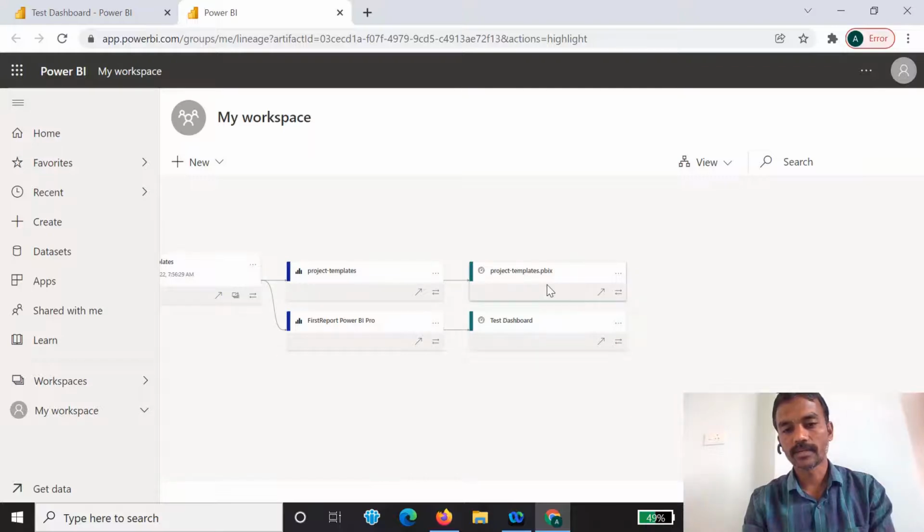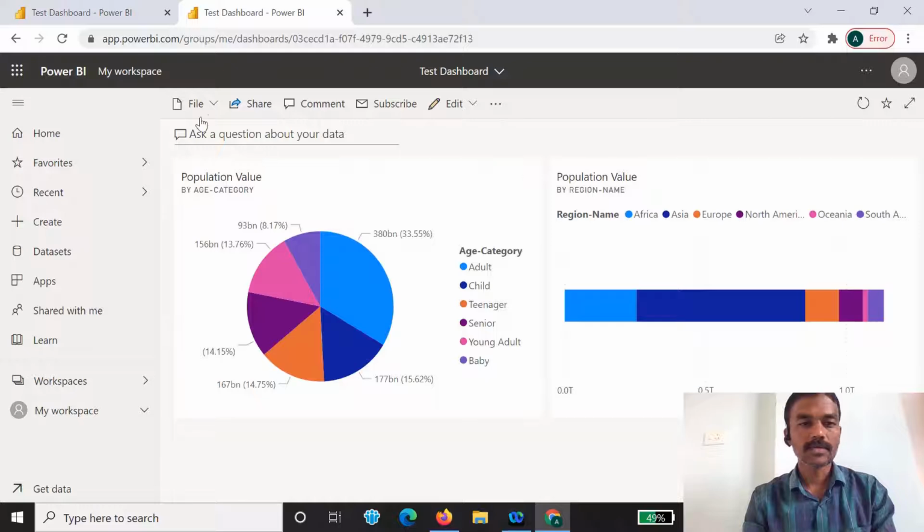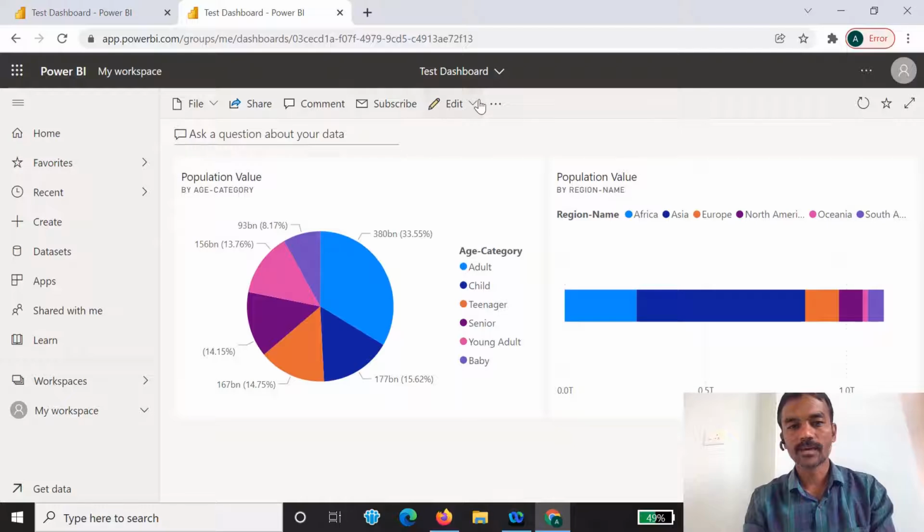First one is automatically created, and the second one is which we have created. So this is something we can do with these dashboards. There are other options as well. We can save a copy, print page. There are some permissions which we can set. We can share, we can comment, we can subscribe, and we do have some options available here,